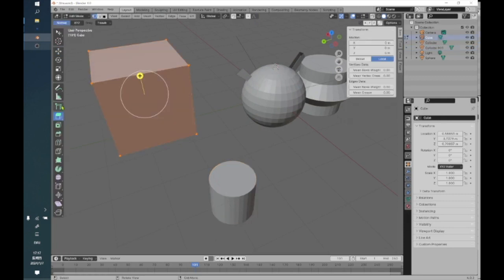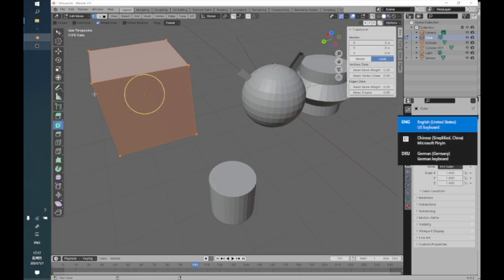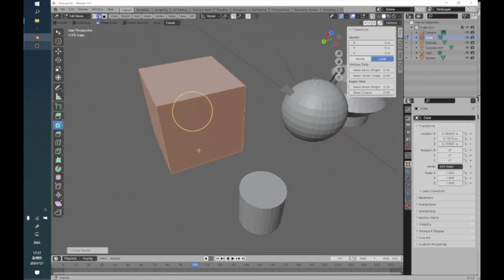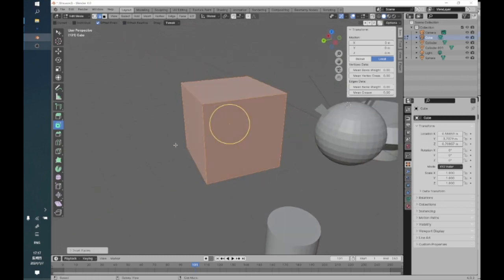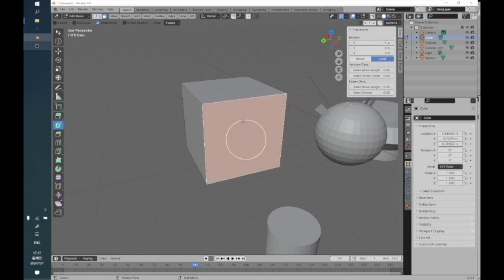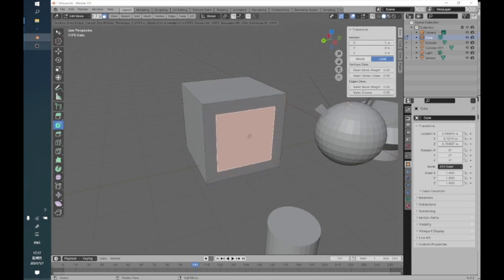As the name of the tool already says, it can be used only for faces. So if you try to do something with vertices, nothing will happen. If you do something with edges, nothing will happen, because it's a tool for faces only. If you see what it does, you will understand why. It does exactly what you can see here on the image. You just select one surface, and then you can pull the white ring, and it will create